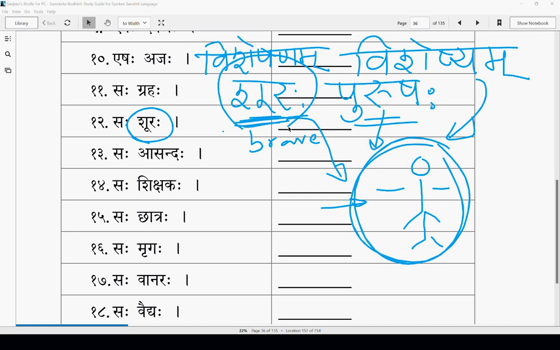So this Visheshanam and Vishesham both refer to the same object. And this is the reason why in Sanskritam the noun which is used for Visheshanam and the noun which is used for Vishesham both have to be in the same lingam, vachanam, vibhakti, because they are actually the same object. So they have to be in unison. They have to be in the same vibhakti, lingam, vachanam.